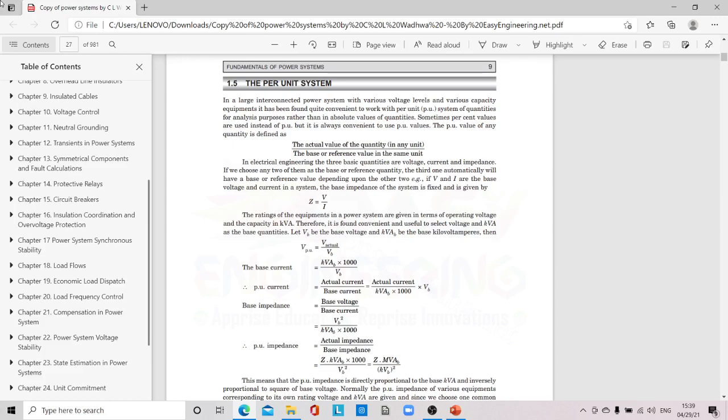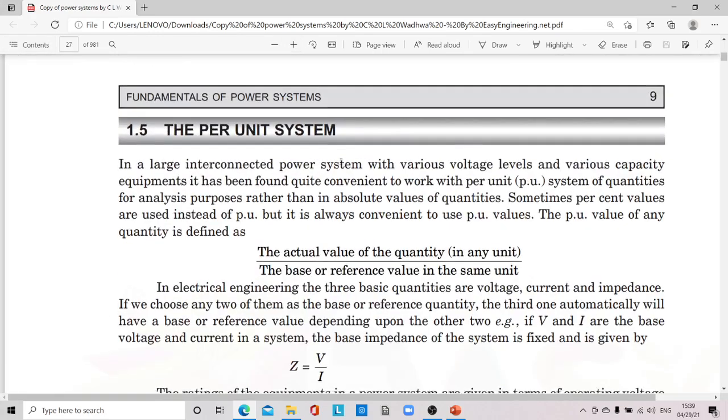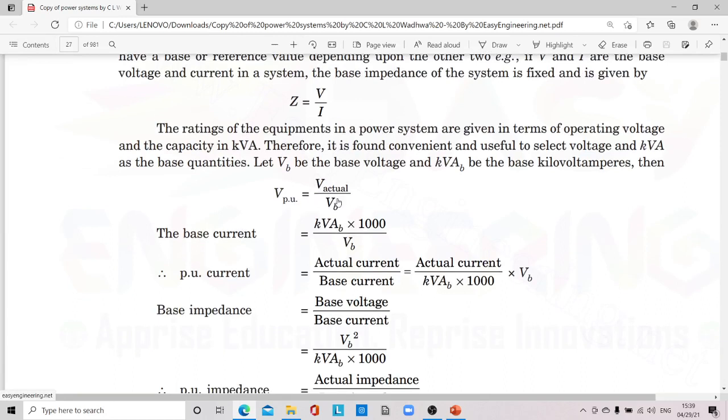Ratings of the equipments in a power system will be given in terms of operating voltage and capacity in kilovolt ampere. Therefore, it is found convenient and useful to select voltage and kilovolt ampere as the base quantities. Let VB be the base voltage and KVAB the base kilovolt amperes. Then V per unit is V actual by VB, and base current will be KVAB into 1000 by